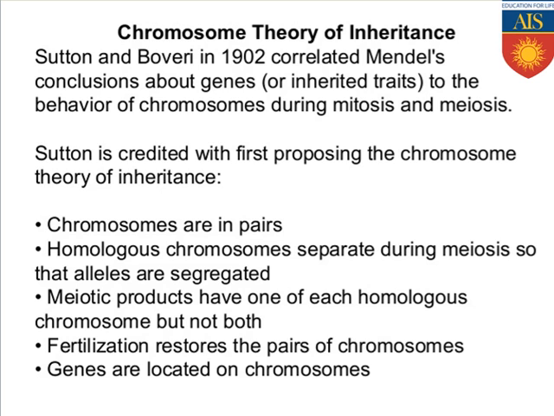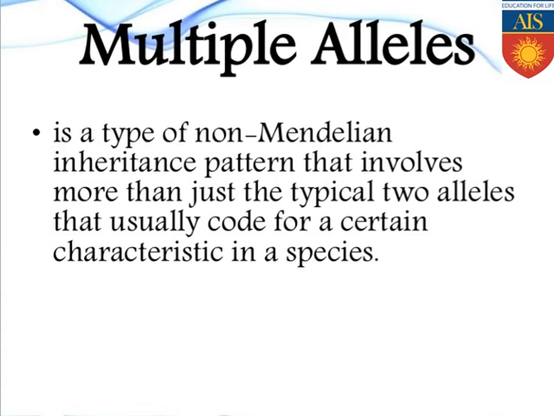Now we have come to the next topic, and that is multiple alleles. What is multiple alleles? The allele concept is already clear to everyone. We all know when any specific gene or gene marker has more than 2 allelic forms, then those allelic forms are collectively known as multiple alleles. Keep it in your mind. In case of multiple alleles, dominant alleles are present, recessive alleles are present, and other alleles are also present, which are mostly in between dominant and recessive alleles.